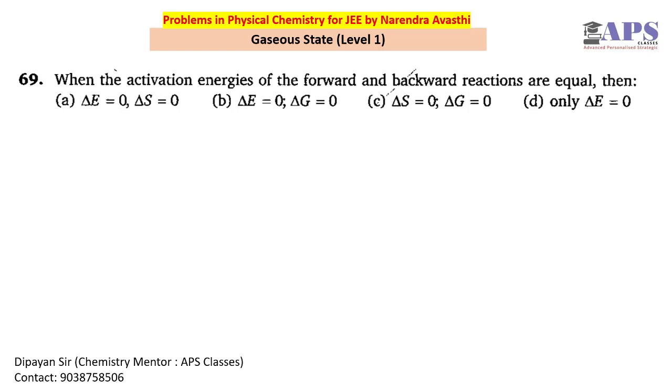For question number 69, when activation energy of the forward and backward reactions are equal, okay, so we don't have to supply any amount of energy for the reaction, so we don't have to supply any heat, or we don't have to increase the temperature. So dt equal to 0 is the only thing which is going to be applicable for this question. Okay, as we know that del u or del E internal energy change is n cv bar dt. So if dt is 0, it will become 0. So option D will be the more appropriate answer among these four.